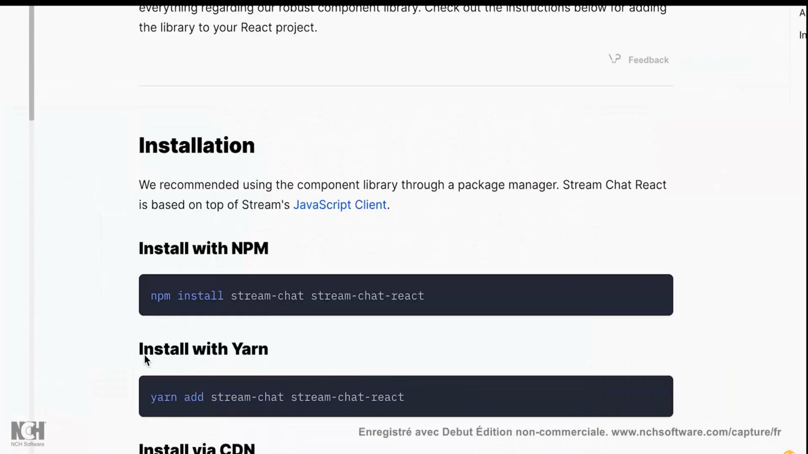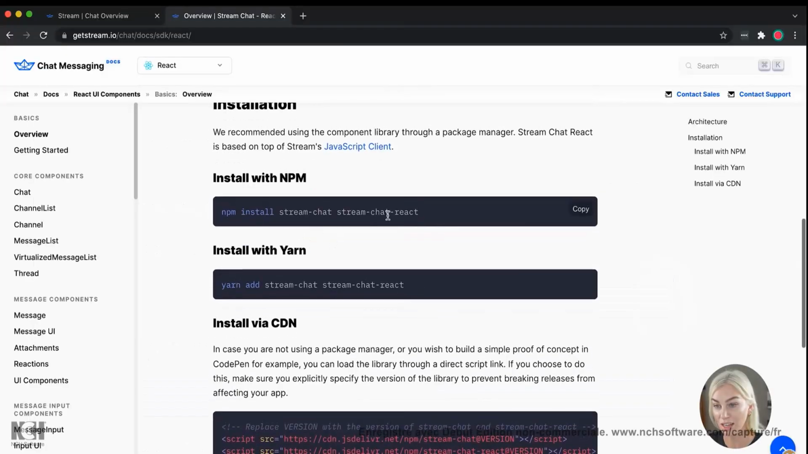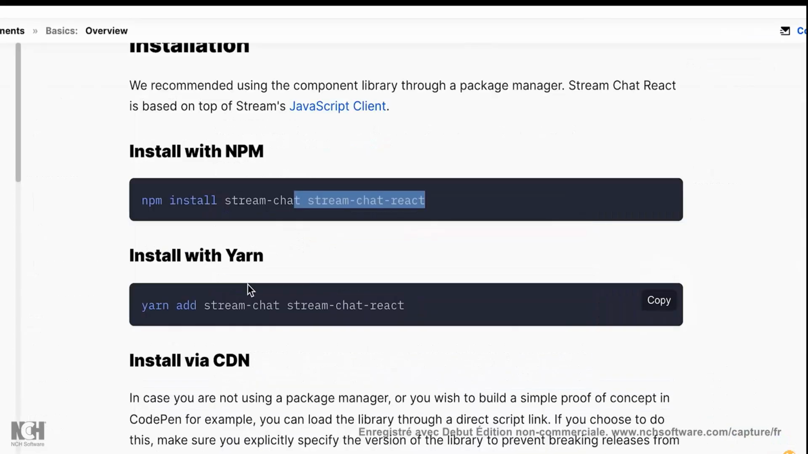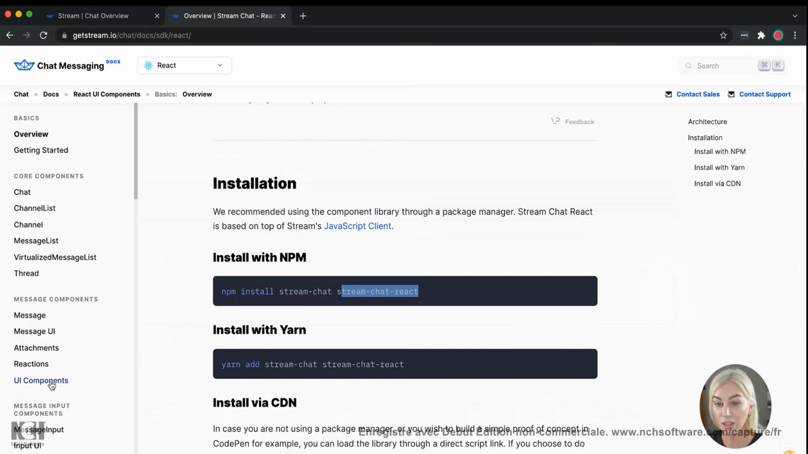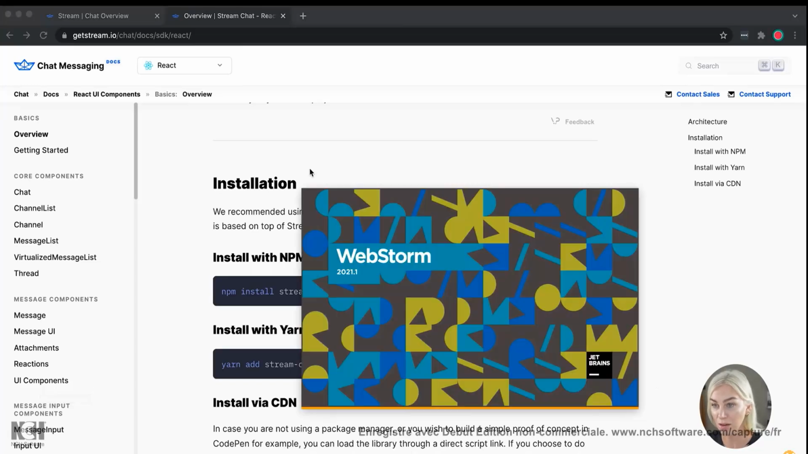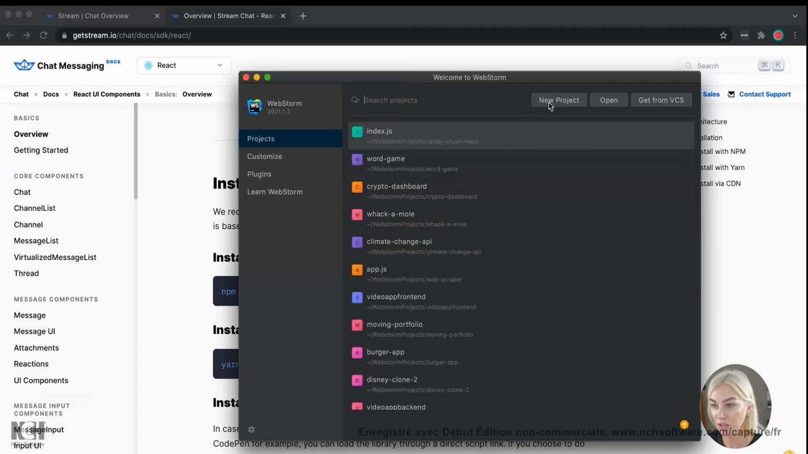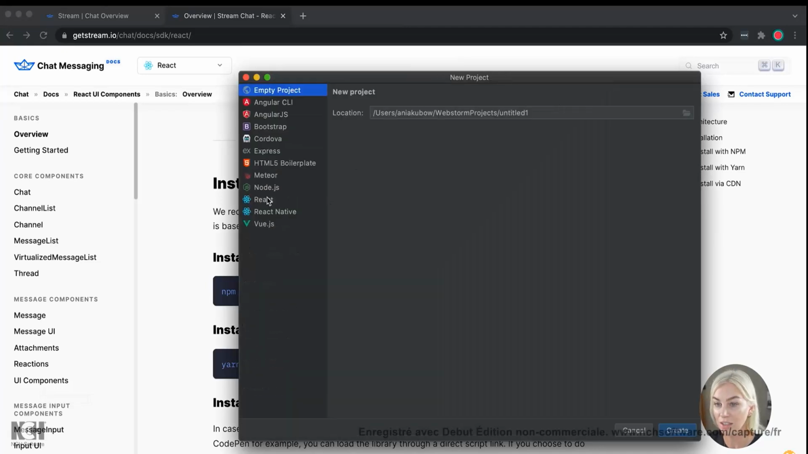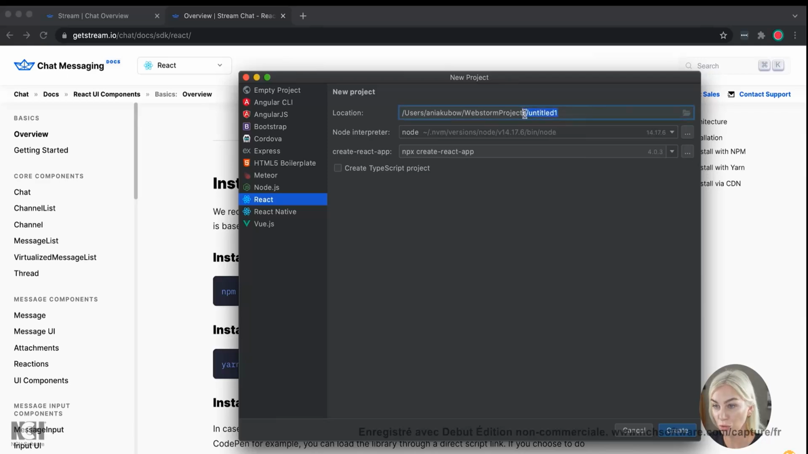So the first thing we're going to have to do is install Stream Chat and Stream Chat React in order to get using all these UI components that come with GetStream. So I'm going to just spin up my app. I'm going to get my WebStorm up. And in here, I'm just going to create a new project. This is going to be a React project. And I'm just going to choose to call this